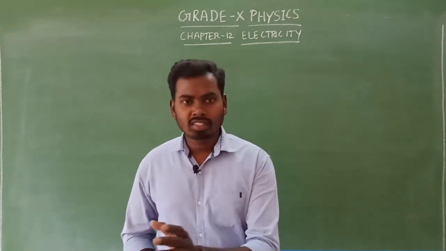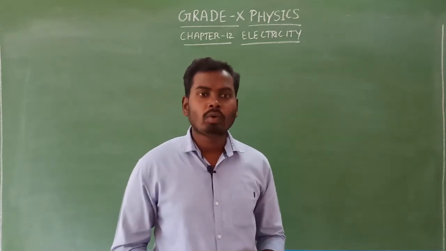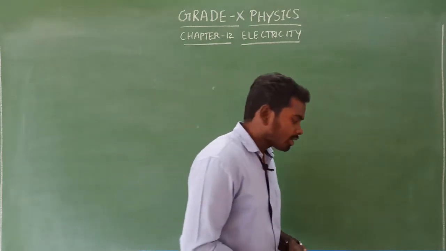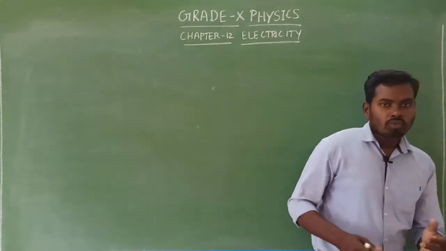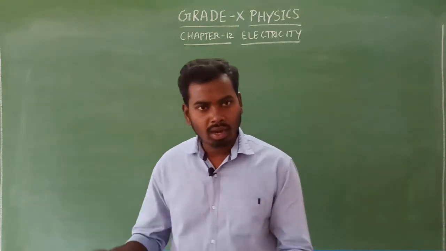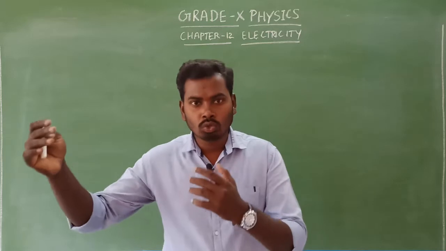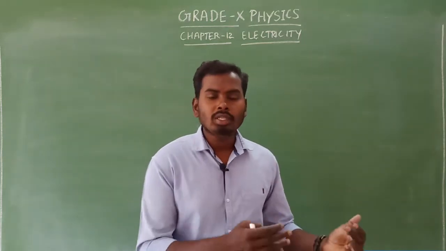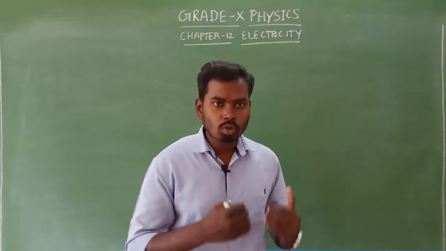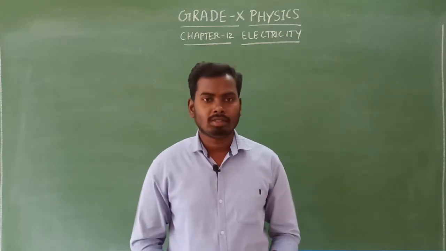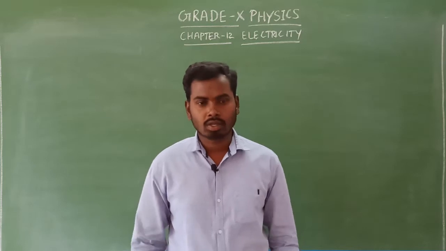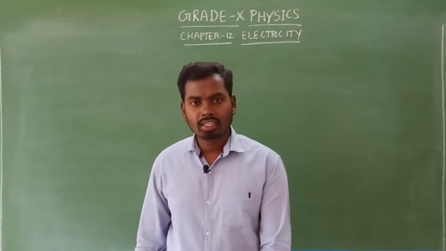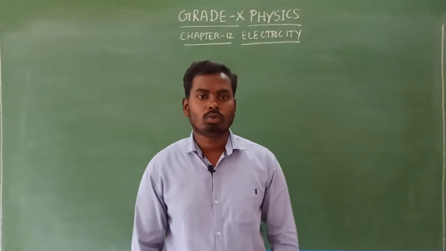So we need only this energy value. So energy is equal to electric power into time. If you multiply the power rating of the electrical appliance and how long it is used, which means time, we can get how much electrical energy is consumed by an electrical appliance. Is that clear, students? So energy is equal to power into time. This is a very important formula, students.